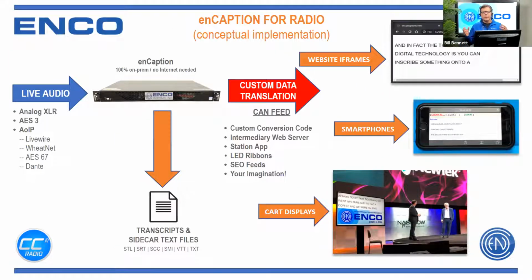This is our current concept when it comes to radio. Simpler. I mean, audio can come in analog, XLR, AES3. I think, Rob, you've got XLR, analog, or you're not doing IP, I don't think, right? Well, we actually are using IP, but we're translating it into AES before going into enCaption. But okay, it's coming out of an AES node on our Axia Livewire system.